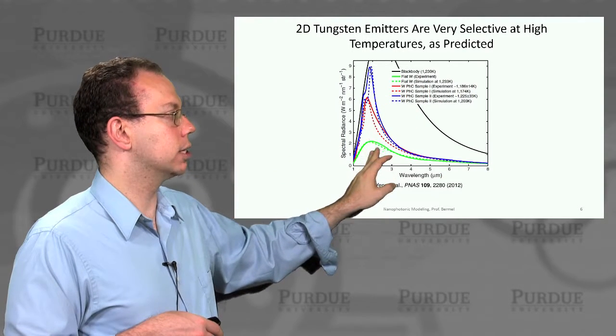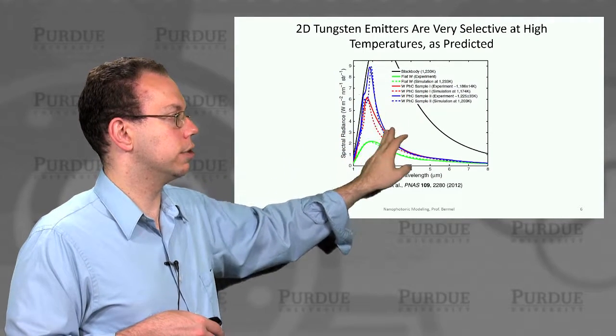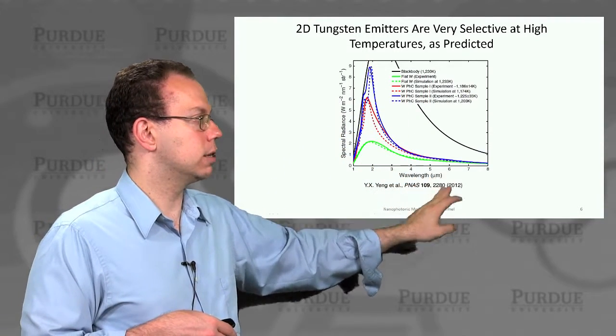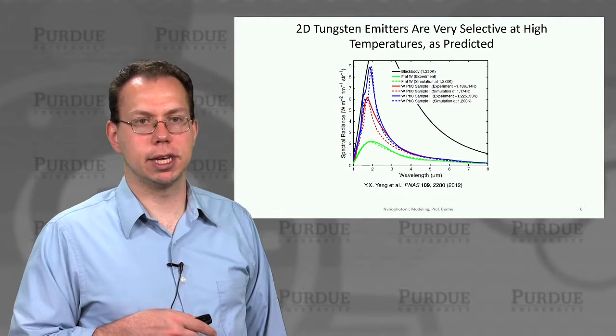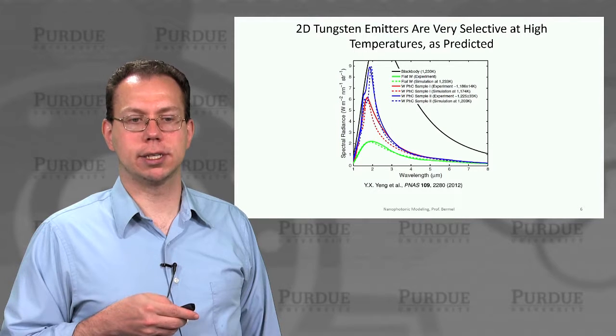And so of course, we never expected the flat tungsten to be close to blackbody, but this new photonic crystal is actually very close. But past about 2 microns, it drops off very rapidly. And so if we have a PV receiver with a band gap around 2 microns, then this is ideal.